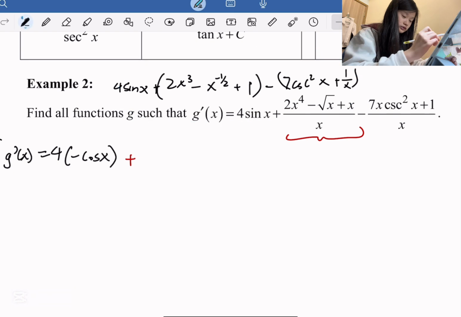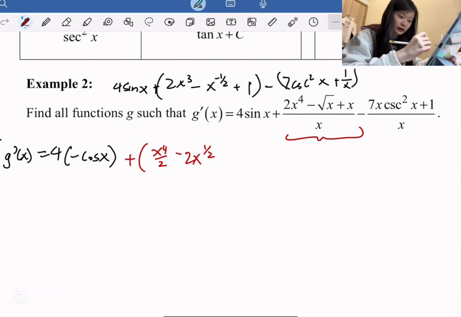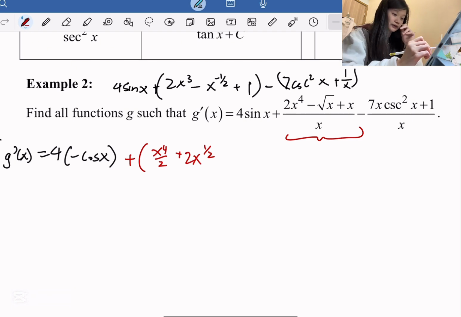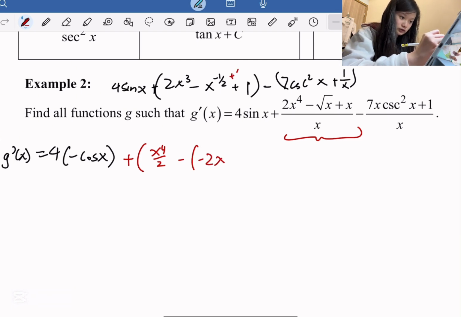So let's continue. So the red one, continuing on, pull the 2 out, x to the fourth over 4 minus, or it can be like x to the fourth over 2 minus, and then you get x, and then plus 1, which is 1/2, and then 2, negative 2, so it's plus. I really have to fact check that because I'm not sure if that's correct, but that looks right, right? Does that look right? That does not look right. Let's try again. Minus, so it's negative 2 x plus 2 over 2, so it's 1/2,